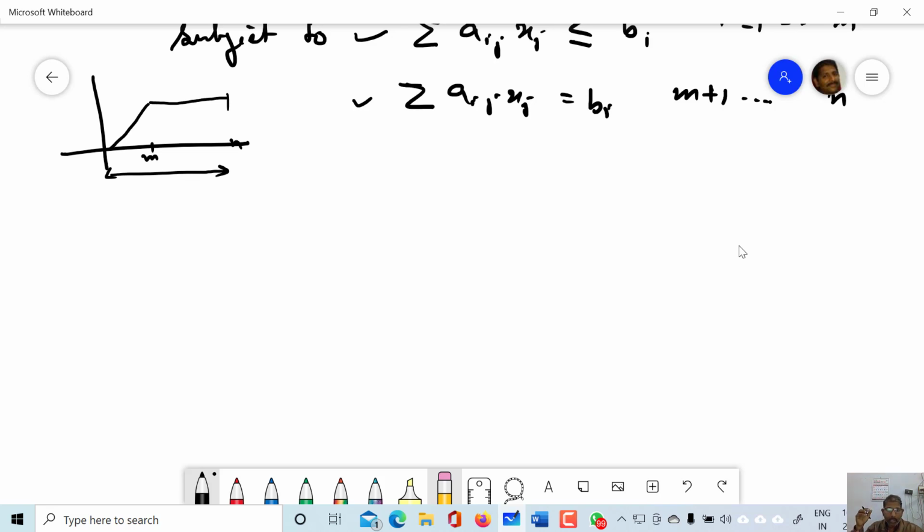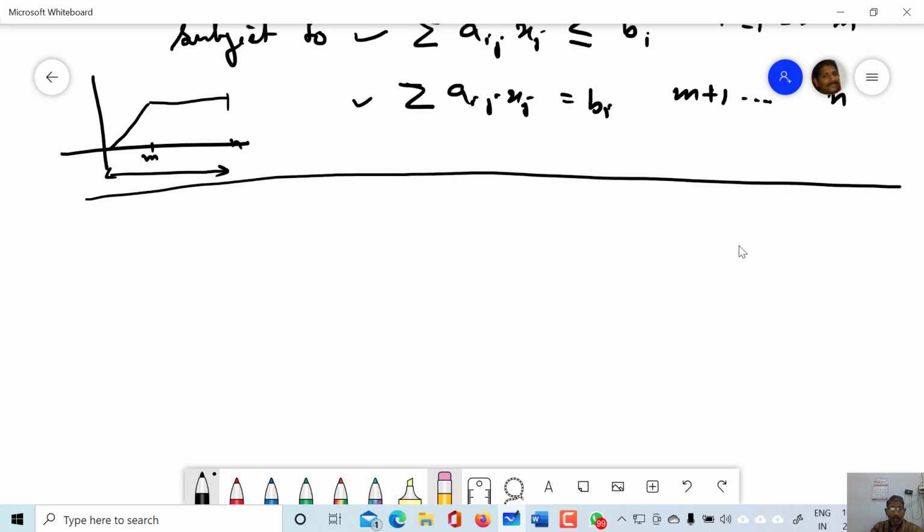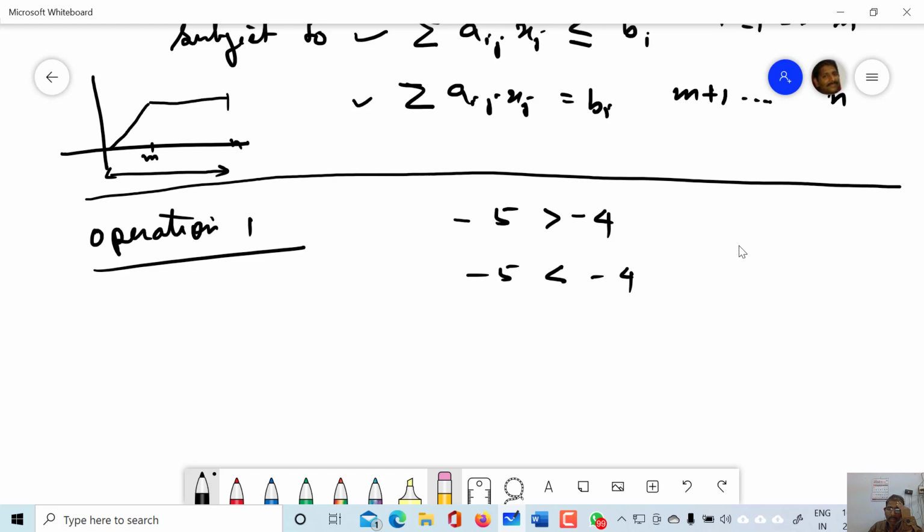Now there are some operations of inequality. You already know the equality, and I only have to discuss the inequality form. जैसे inequality form में operation 1. तो ऑपरेशन 1 में 5 जो है ये 4 से बड़ा है. ठीक है, तो अगर यहाँ पर निगेटिव साइन आपने लगा दिया, यहाँ पर भी निगेटिव साइन आपने लगा दिया, तो अब क्या हो गया, -5 शुड बी लेस देन -4, है ना. अगर आपका +5 इज ग्रेटर देन +4, देन इफ यू अप्लाई द माइनस साइन, इन दैट केस -4 शुड बी ग्रेटर देन -5.